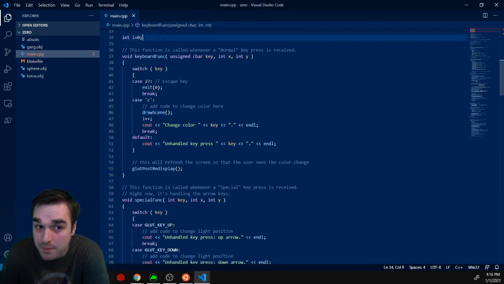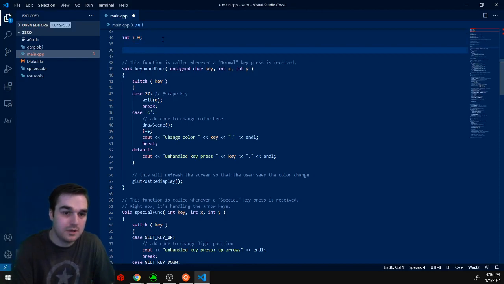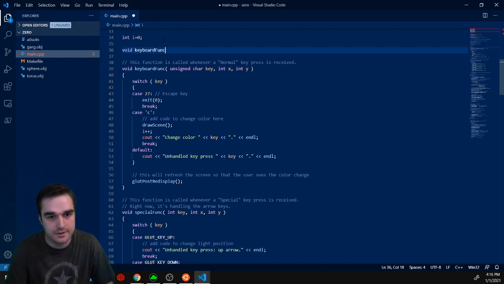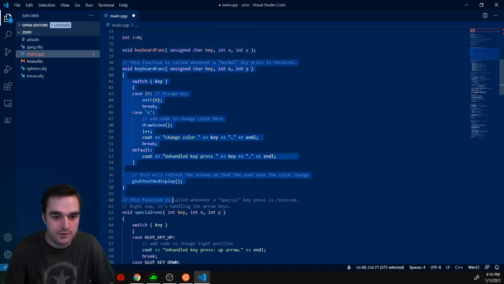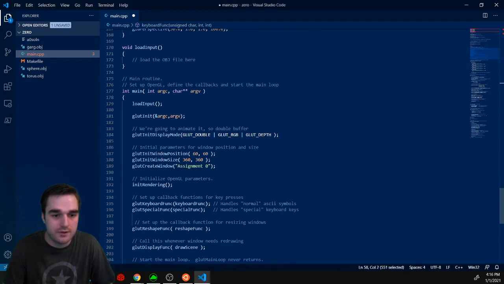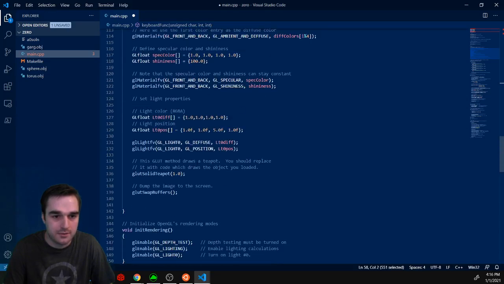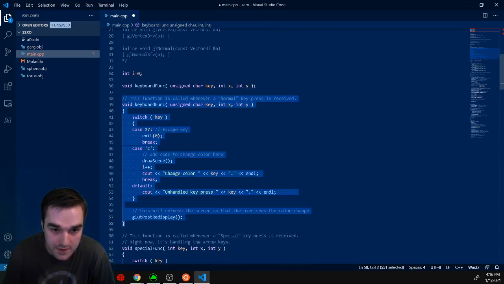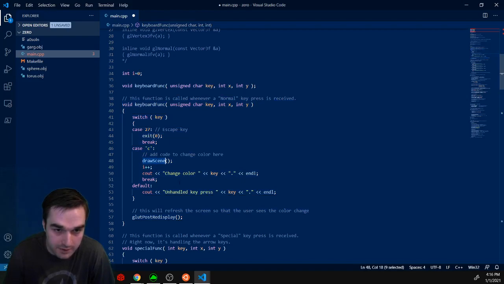So better practice for MIT would be to do the function prototypes, keyboard func, and then give all of the options here, and move all of these declarations below main, and give function prototypes, so that draw scene will be in scope and I can quickly modify their code. But because they did it this way,